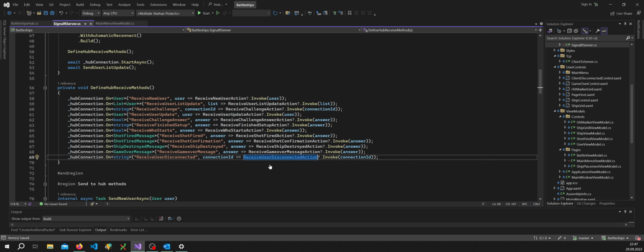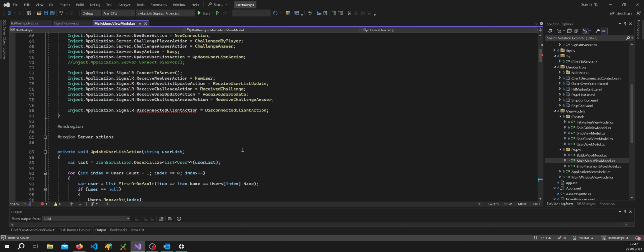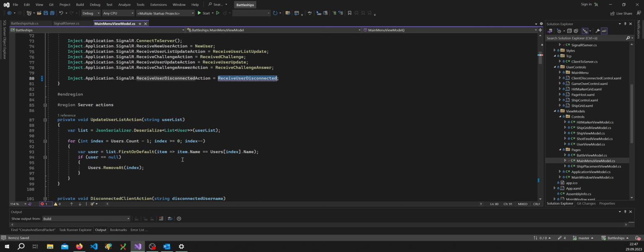Paste that into there. And now in the main menu view model, we will come up to here. We'll rename this, receive user disconnected,